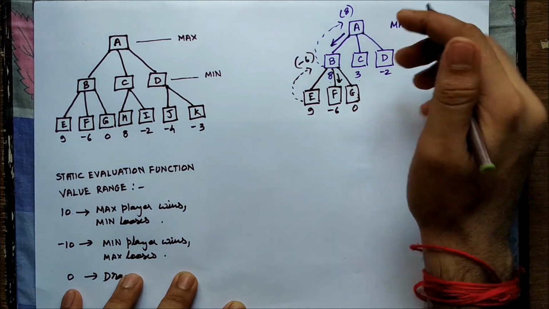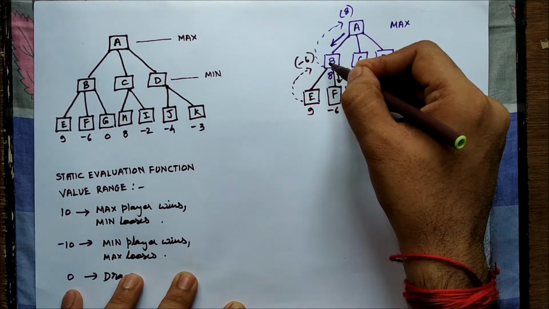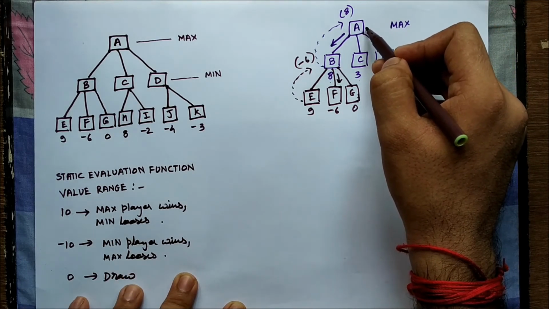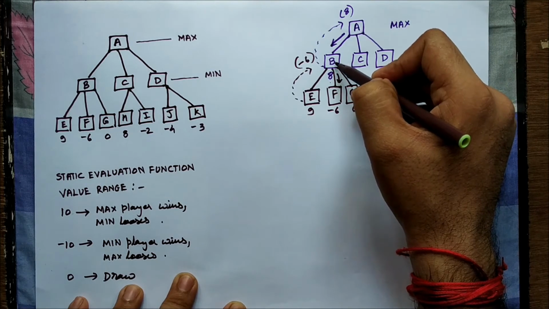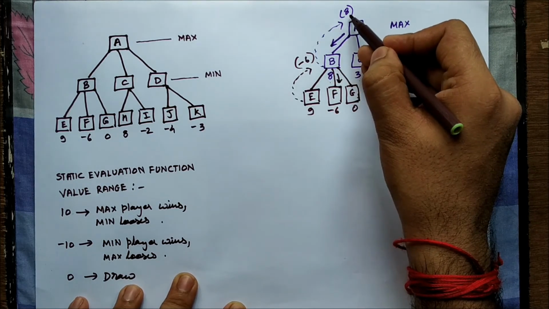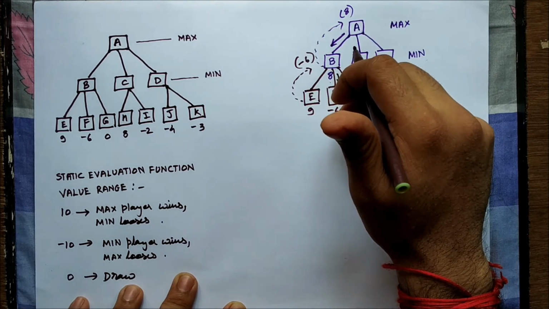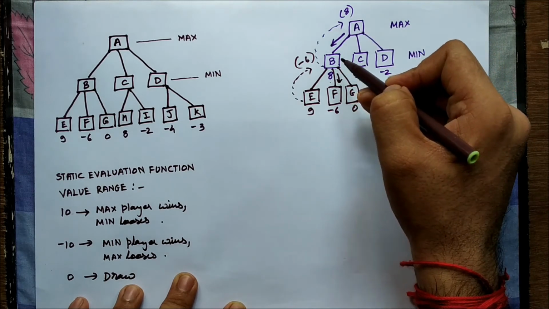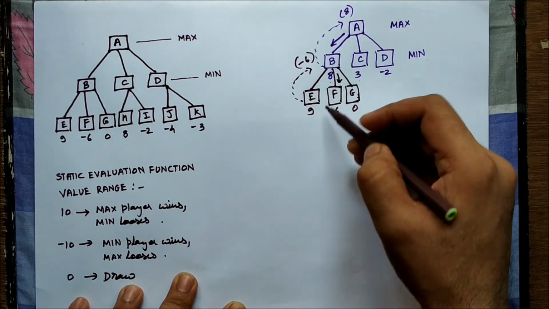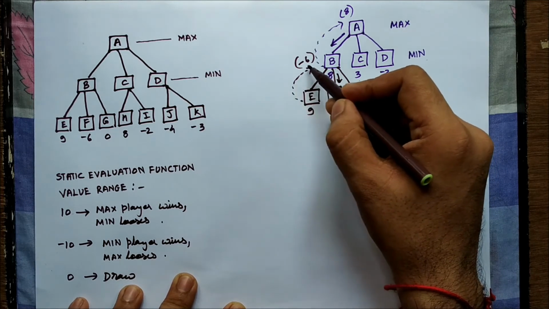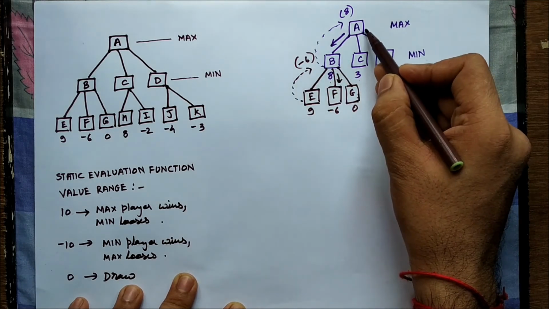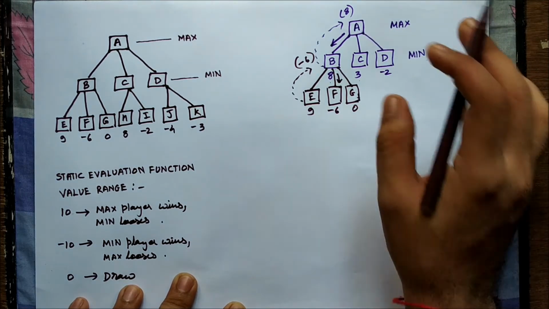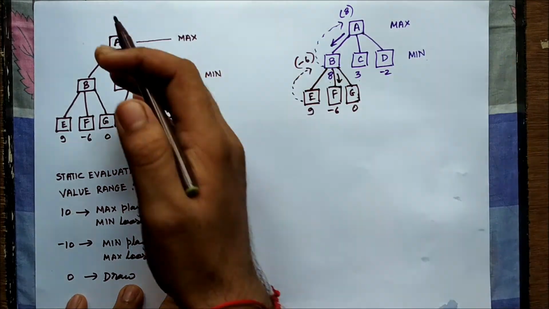Now after the min player plays this step, the max player definitely realizes that I had made a wrong move. My decision of selecting B, because it was giving me an advantage of 8 without foreseeing the further step, was wrong. Because now it realizes that after I select B, when the min player plays, the min player gives a backup value of -6, and -6 is very costly for the max player. Compare these values, 3 and 2. Now let us come back here.